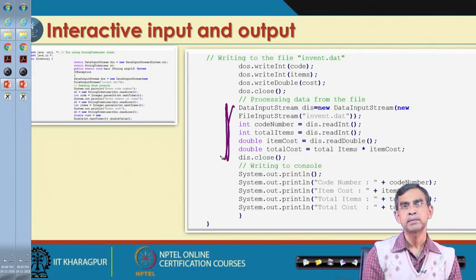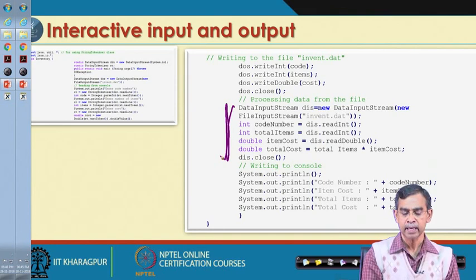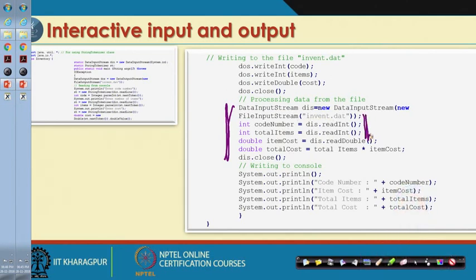Earlier we used the stream tokenizer, here we are showing a different way to read directly, without the stream form. If we know the format, we can use it like this. These are the common methods in the class data input stream. So this is the second, alternative approach to read the values interactively, and once the read is done we just call close, closing the stream, and then again the same thing, writing it.